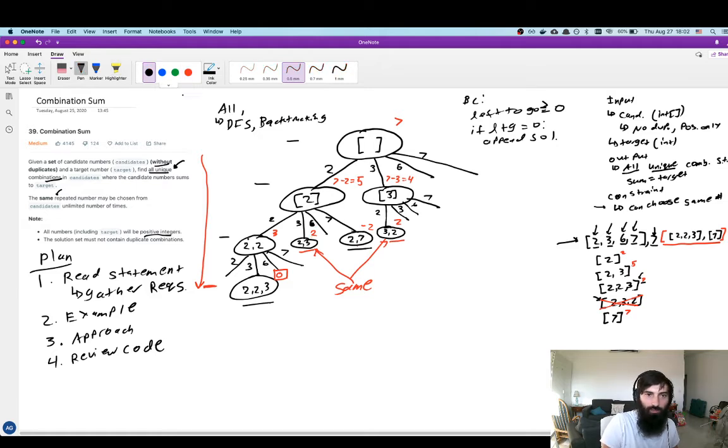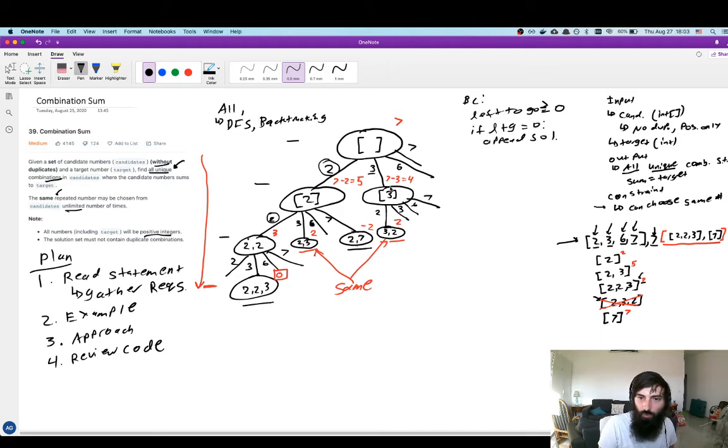And so how do we do that? That gets to another point, which I'm going to explain right now. If you look here, what are we doing at every single node? We are choosing an element to add to our partial solution. In this case, we choose 2. In this case, we choose 3. But to go one step further, when we're choosing 2, we actually have the option of choosing 2 or 3 or 6 or 7 again. And so recursively, this entire subtree that starts with a 2 contains at least one 2 and can contain more 2s, up to an infinite number of 2s, because we allow unlimited use of the same digit. However, once we get to 3,